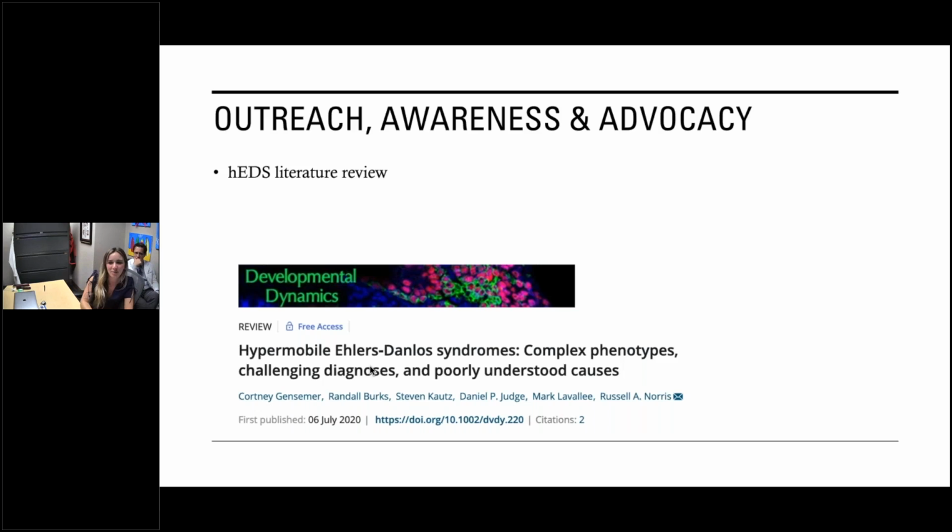So I think a lot of this kind of stems from me also being a patient myself, and knowing how ignored and neglected EDS is in the medical community. And so as part of our research efforts, we're really doing our best to also educate and do outreach and awareness and advocacy for EDS as a disease in general. So one of our first things we did when we were starting our research is we wrote a literature review, and the goal of this was really to take all of the information that's out there on hypermobile EDS, everything that's been published, and package it into one simple paper that can be understood by patients and physicians and other scientists, that covers everything from the diagnostic criteria, the symptoms, the comorbidities, and then the science